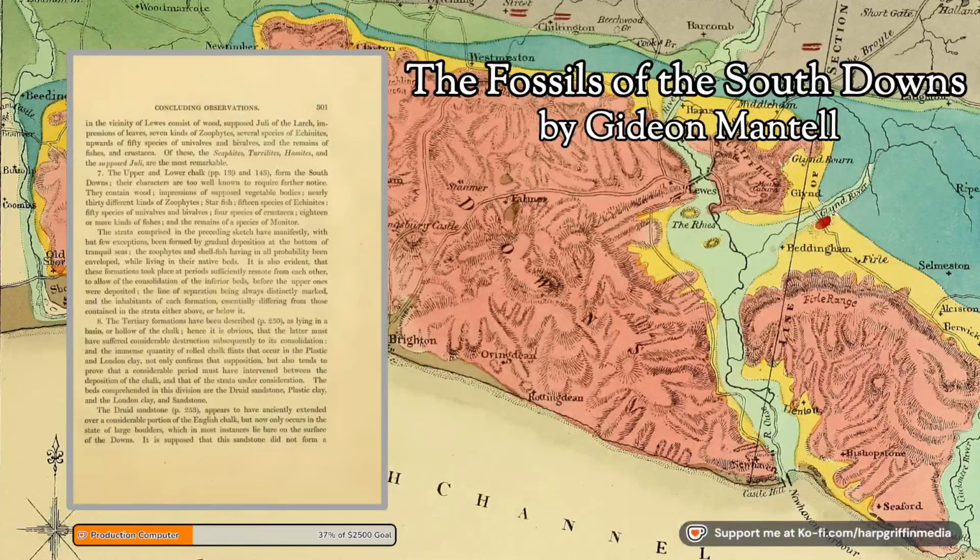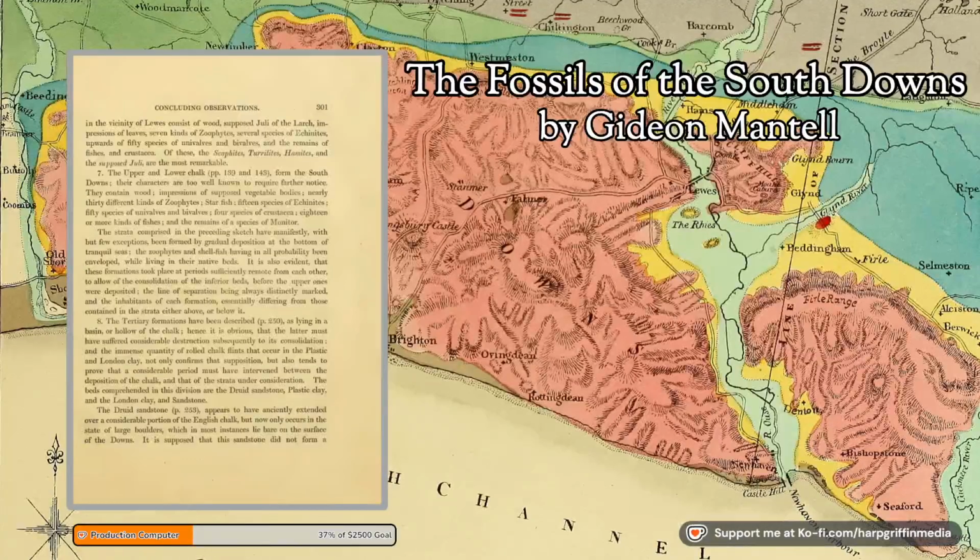7. The upper and lower chalk, pages 139 and 143, form the South Downs. Their characters are too well known to require farther notice. They contain wood, impressions of supposed vegetable bodies, nearly 30 different kinds of zoophytes, starfish, 15 species of echinites, or more kinds of 50 species of univalves and bivalves, 4 species of crustacea, 18 or more kinds of fishes, and the remains of